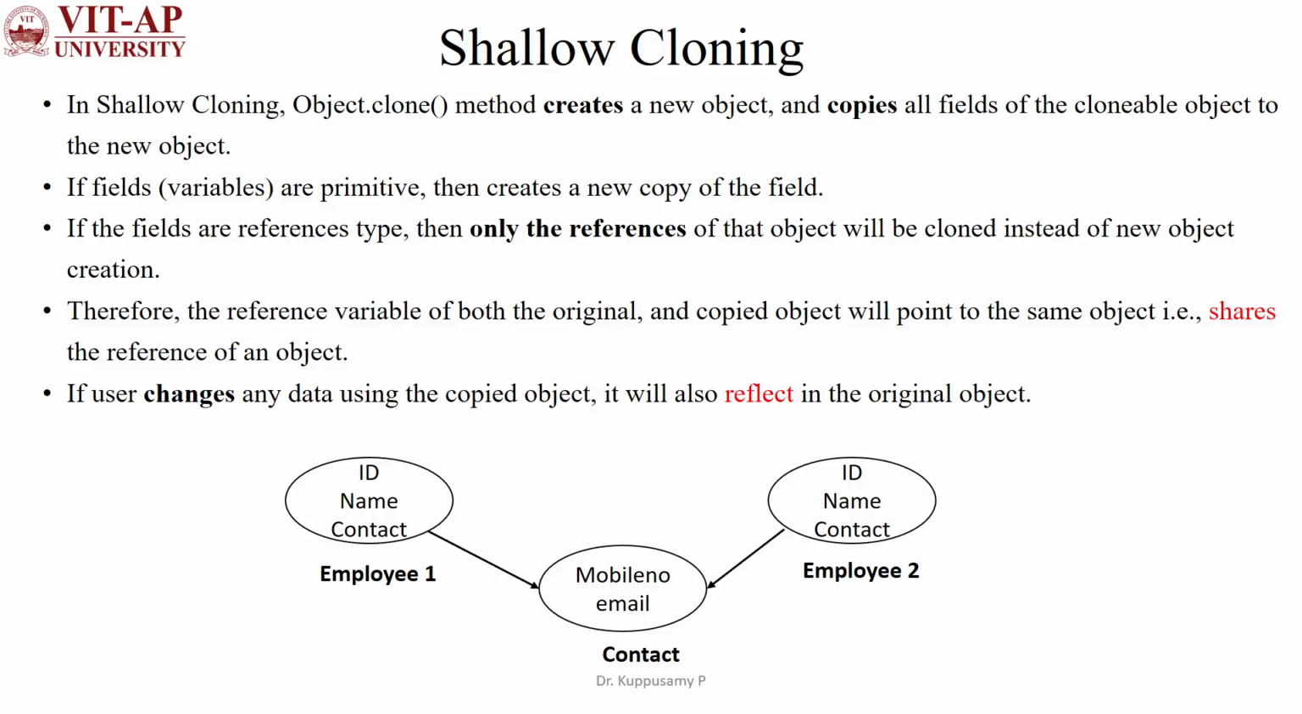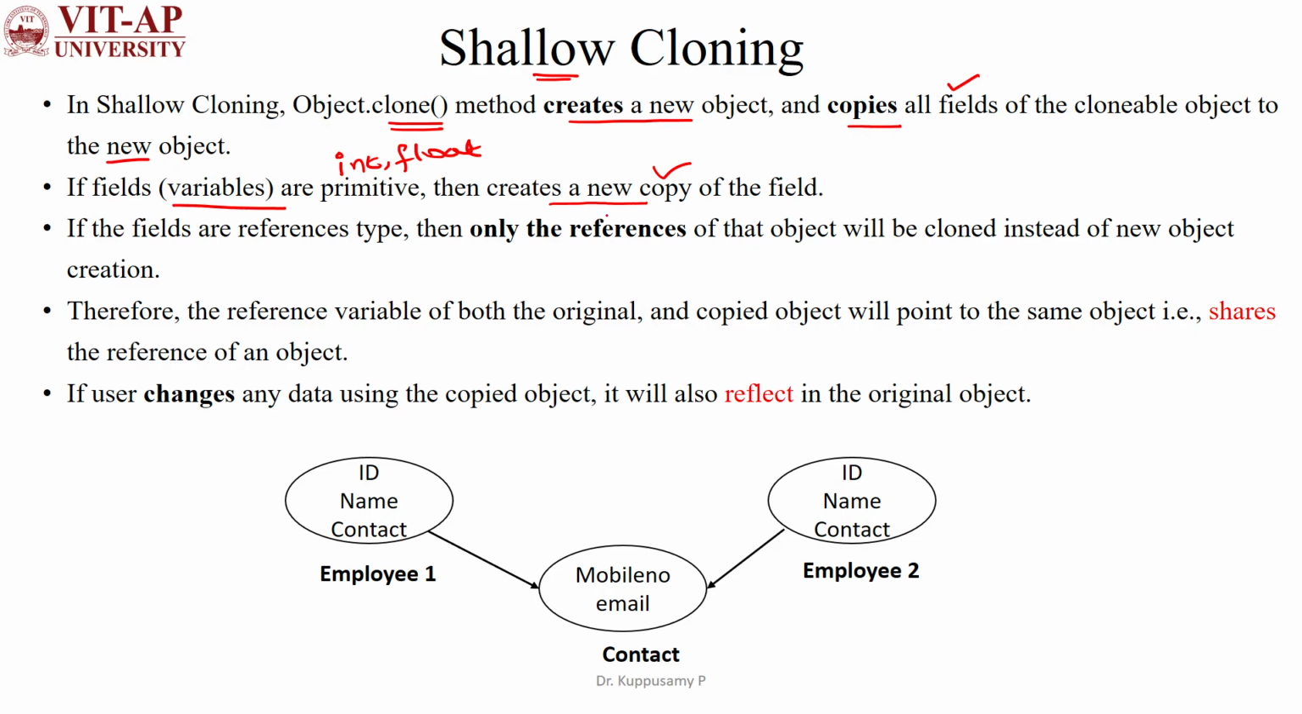Hi everyone, here we will discuss one of the cloning types, which is shallow cloning. In shallow cloning, we will use the clone method to create a new object. In that new object, we will copy all the variable values into the newly created object. If the variables are primitive data types like integer or float, then the newly created object will have a new